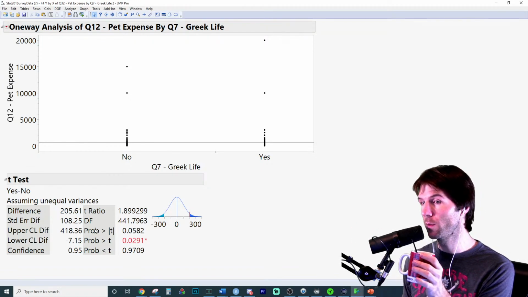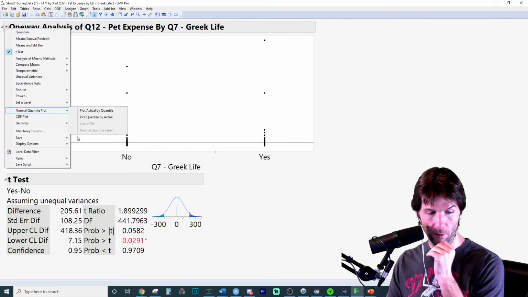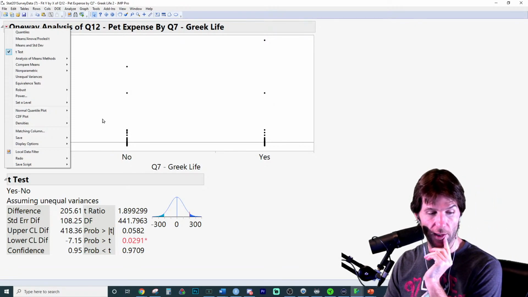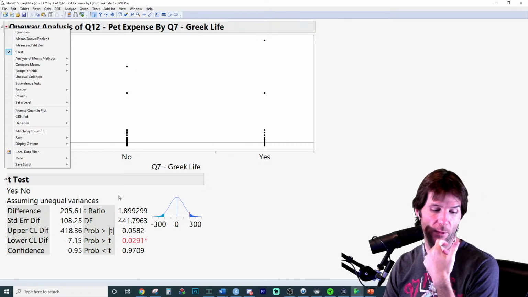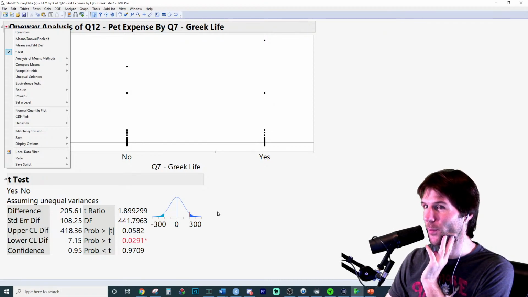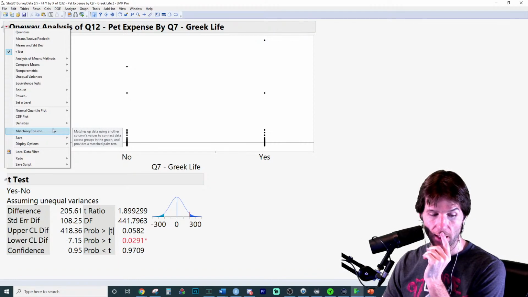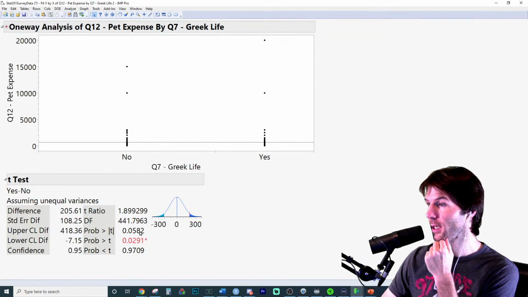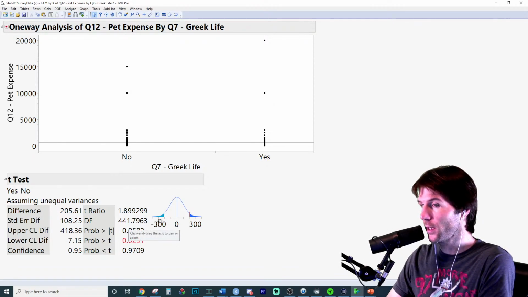So if you test the value of 0, could we actually do that? Can we do a t-test? Well, that's the t-test right there. I don't know if it'll let you test your own value. We are testing 0 here. We're testing 0 anyways by default, but I wish it would let you set the value you're testing. There might be a way for JMP to have you do that. But right here, we are testing the value of 0 and we do not reject it. It's a close call. But we don't reject the value of 0.